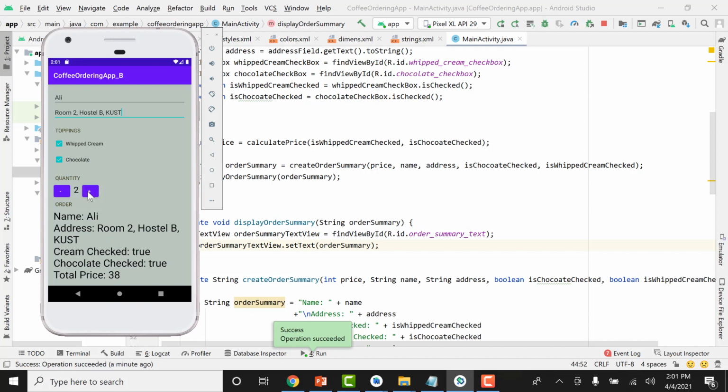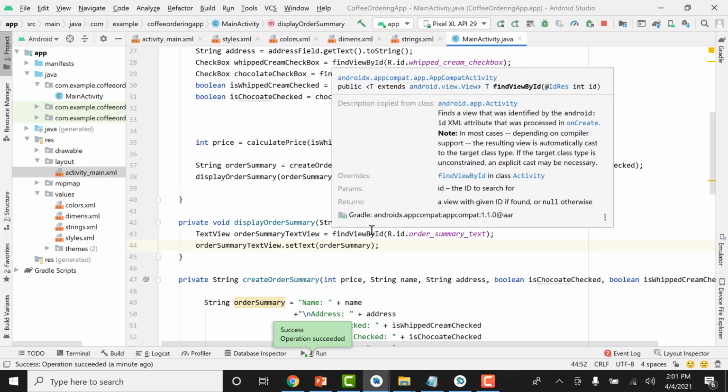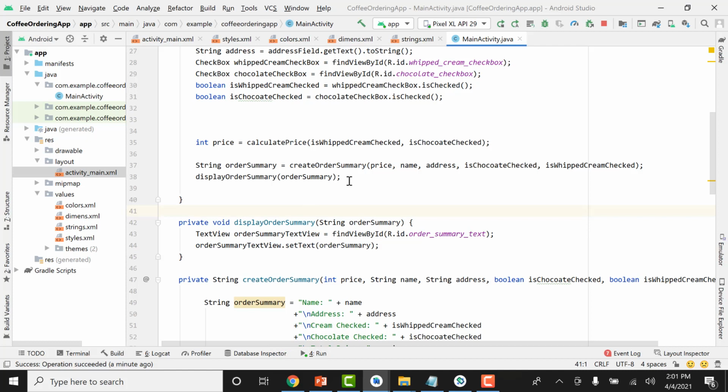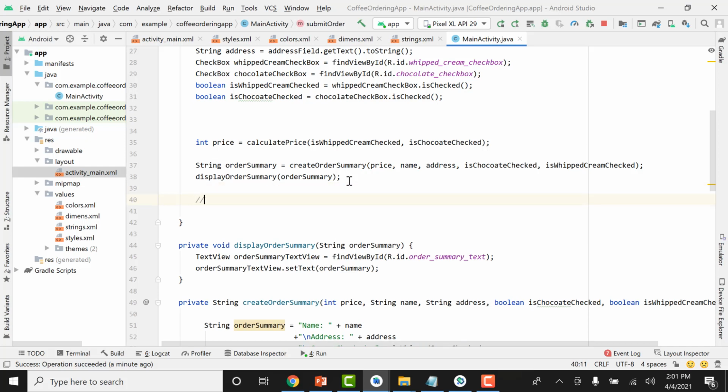But if I increase the quantity and if I scroll down, you can see that this is what the scroll view does for us. And once again, if I click the order, so you will see the corresponding price over here. Okay, so with that we are done with the display order summary, but we haven't emailed this to the corresponding coffee ordering administration. So here we are going to use